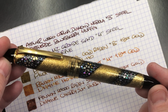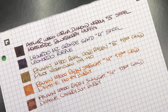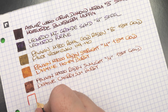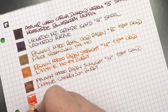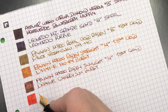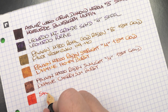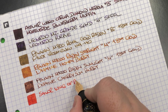The next pen is a Sailor King of Pen Sakura Nagare. So we'll do an ink swatch. And I really do like this ink a lot. I think I had this pen inked up last week as well. It's a very, very nice colour ink. A summery colour ink, really, I guess. So this is a Sailor, and it's the King of Pen